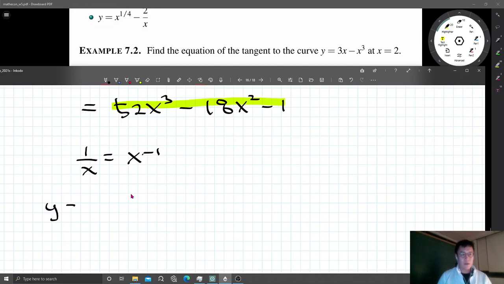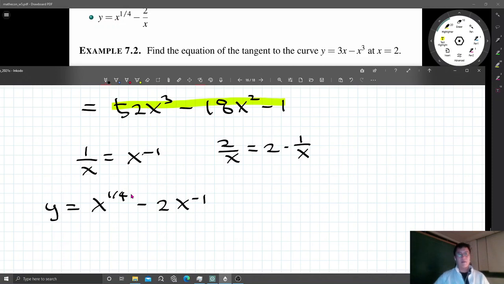into y equals x to the power 1/4 minus 2 times x to the power negative 1. Okay? Because 2 over x is 2 times 1 over x. Okay? Now, instead of the reciprocal, I can put in x to the power negative 1. Okay? So y prime. Now, using the difference rule and the power rule, I can find the derivative of y